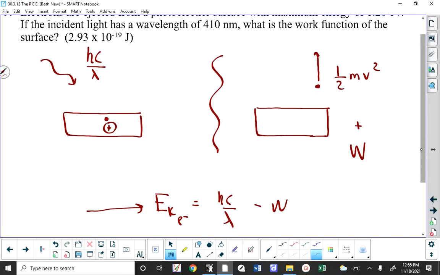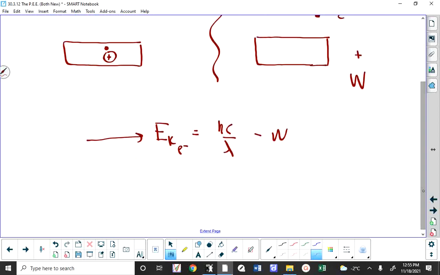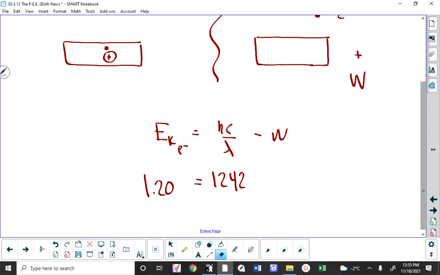So whether we say that hc over lambda equals this plus this, or we say EK equals hc over lambda minus W, we're off and running. This is 1.2 eV. Is my memory right? Did I see 1.20? And it was 410 nanometers? So this we can calculate as 1242 over 410